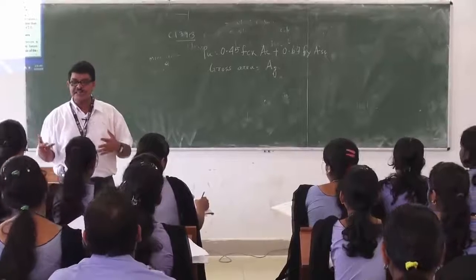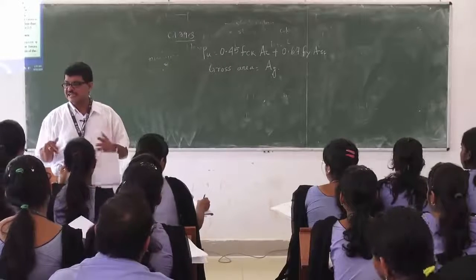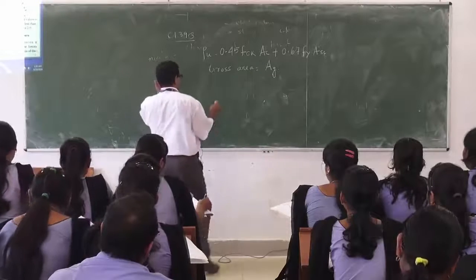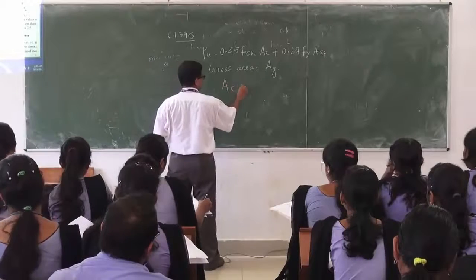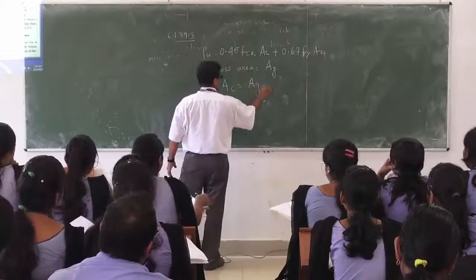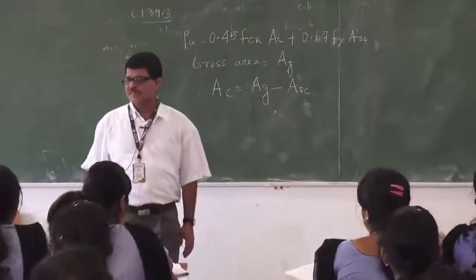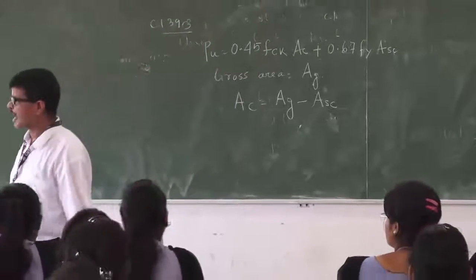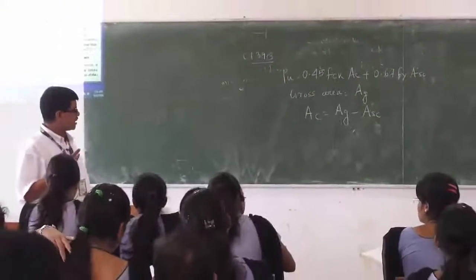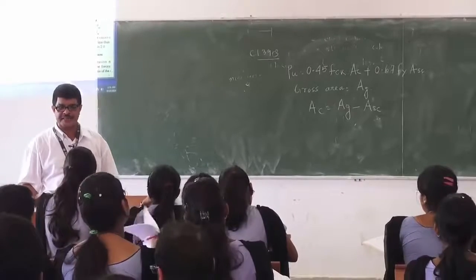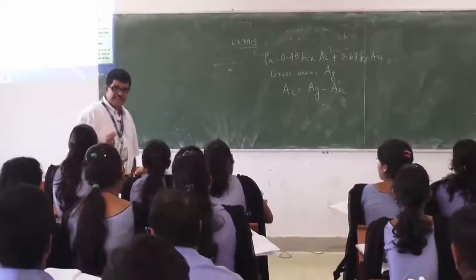Okay. Gross area minus steel area will give the concrete area, Ac. Basically Ac can be obtained. Ac, concrete area, is nothing but gross area minus steel area. Steel in compression, you can subtract this steel area from the gross area to find out the concrete area. Okay. So in an analysis problem,